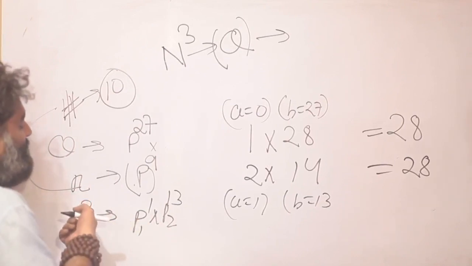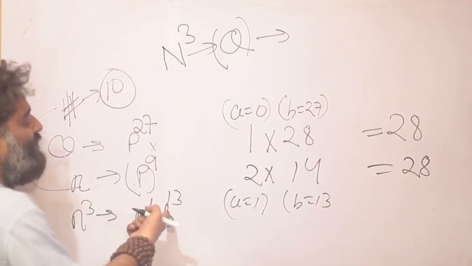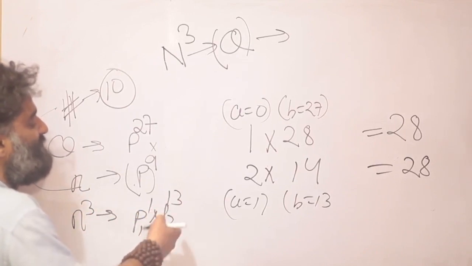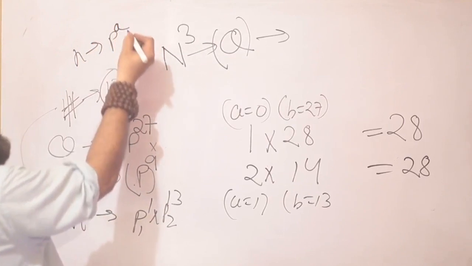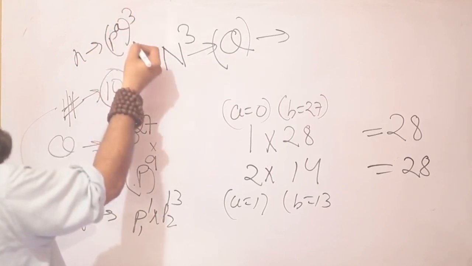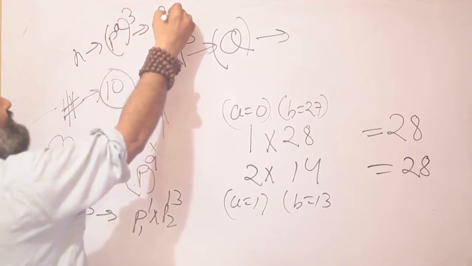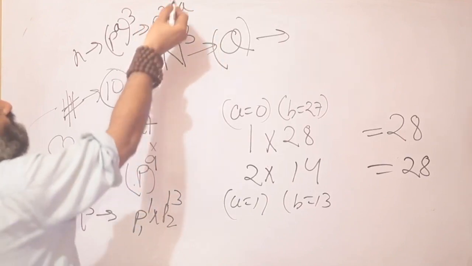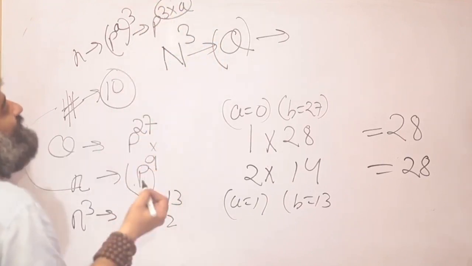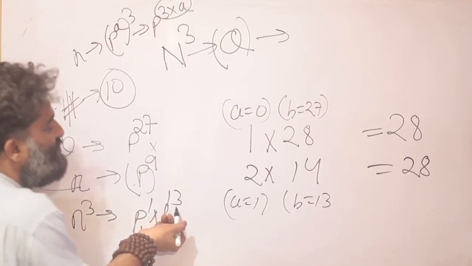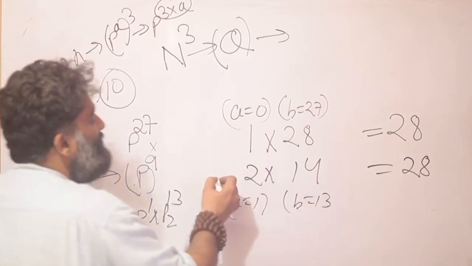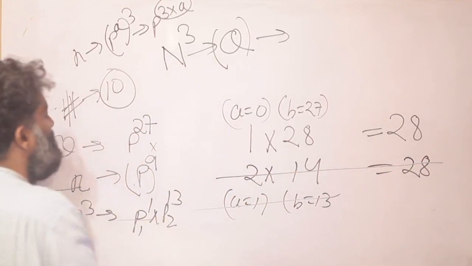No, because if you think of a cube of a number, whatever the powers are must be multiples of 3. Say you had a number p raised to a, right? And you said cube it. What would you get? You would get p raised to 3 into a. That means whatever the power is, it must be a multiple of 3 when we are talking about a cube of a number. But that is not so here. That means this situation is ruled out for me, cancelled out for me, right?